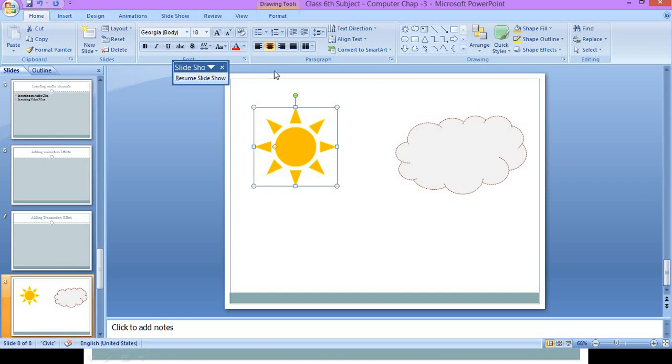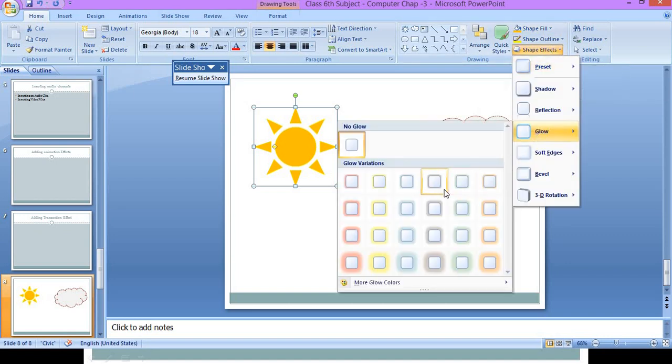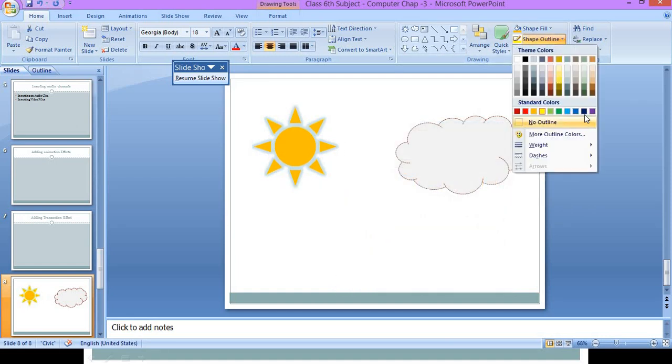And in the home tab here you will find the options for giving different color to the shape, giving different effects to the shape, like we have done for our images. In the same way here you can change the effect of your shape. Here you can give outline, different outline to your shape.